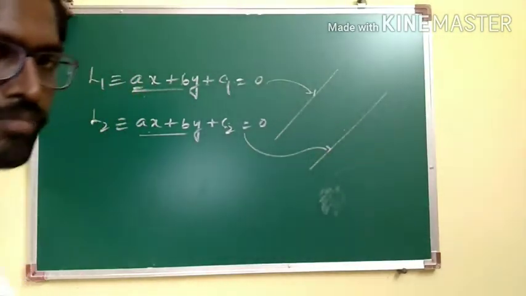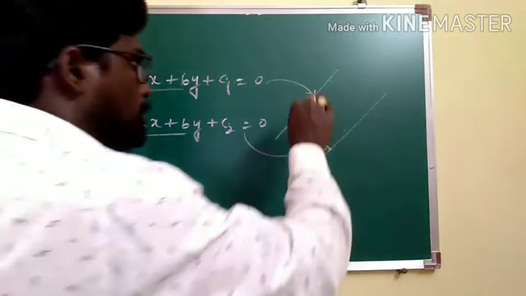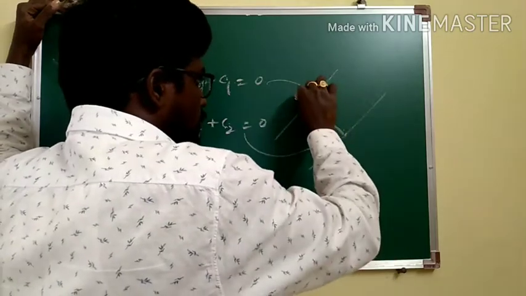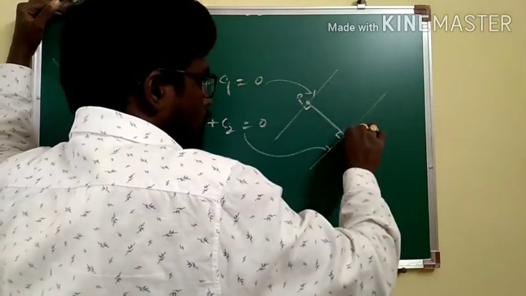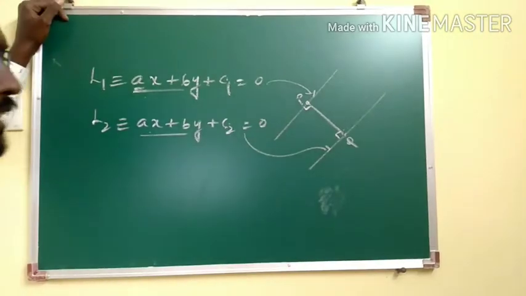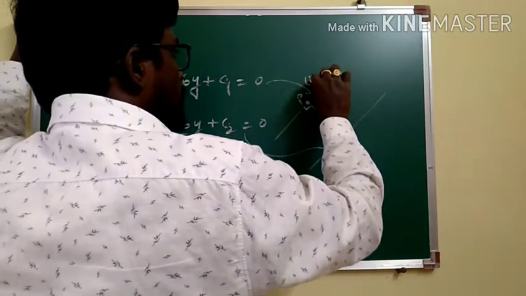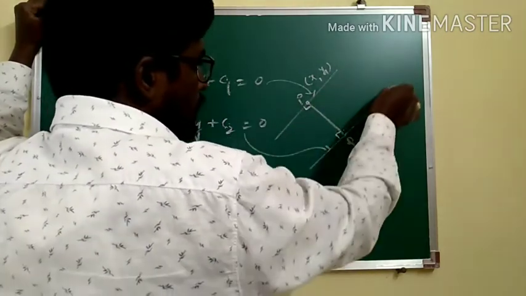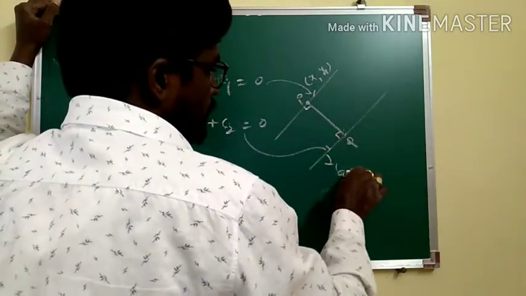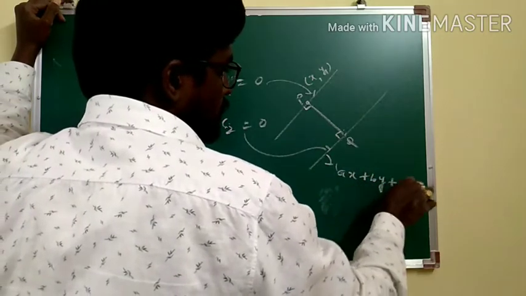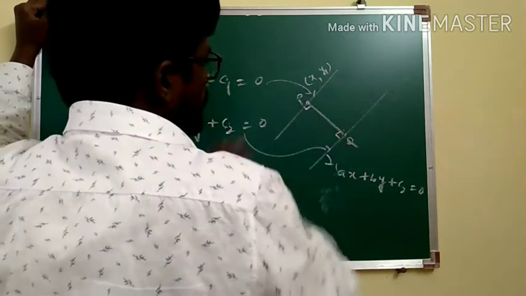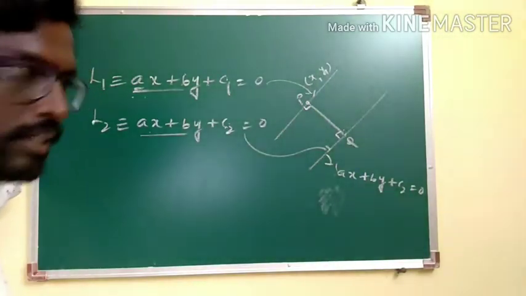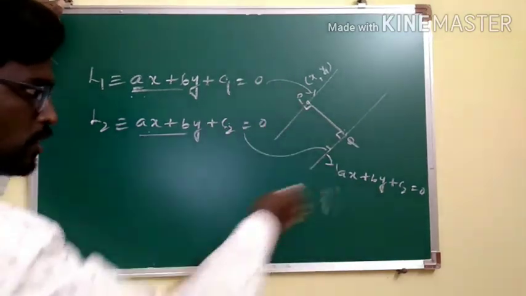Definitely, when we are dealing with distance, we will be taking the perpendicular distance from this point to this point. Let's say this is some point P and this is some point Q. Means from a point P x1 y1 on the line L1 we are taking the distance to line L2, that is ax plus by plus c2 equal to 0. This is the line ax plus by plus c1 equal to 0. Tell me, what is the distance formula? Just now we have discussed.